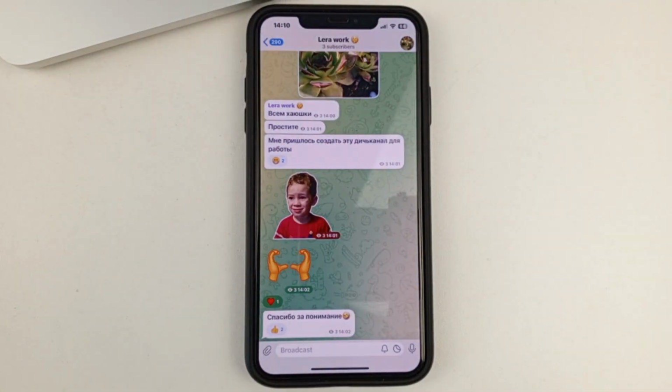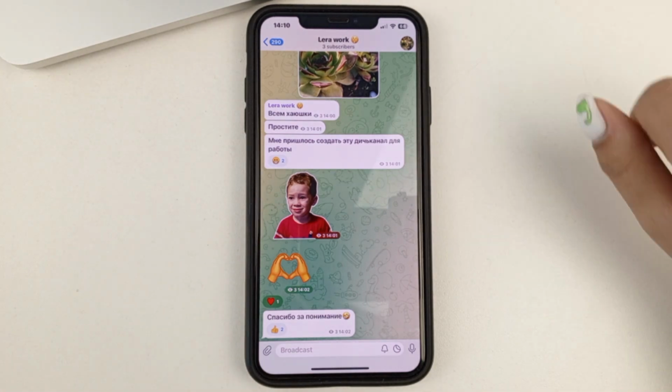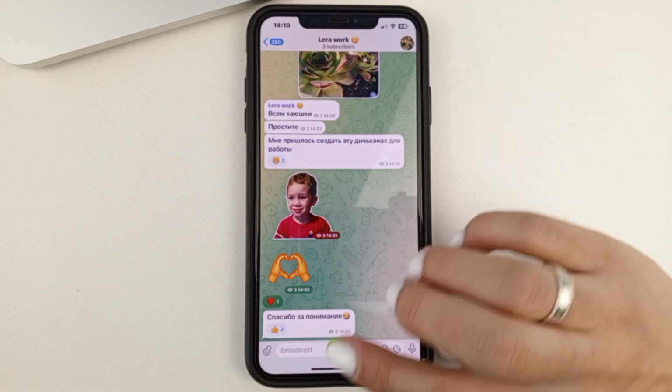And after all this, I want to tell you that unfortunately, this method is not the most reliable, because even if a person does not make a screenshot on his phone, they can use their second phone or someone else's phone to just take a picture of the screen of your Telegram channel. So you can never, unfortunately, protect yourself 100%. It's already better than nothing, friends.